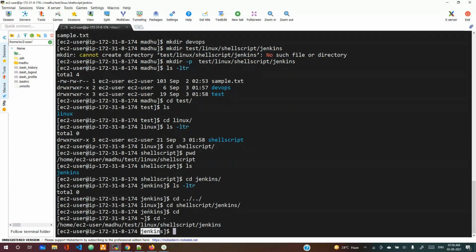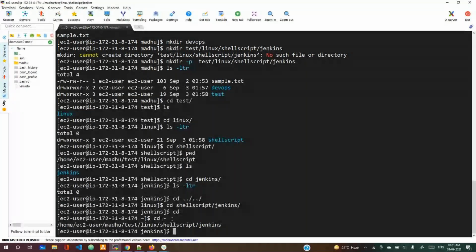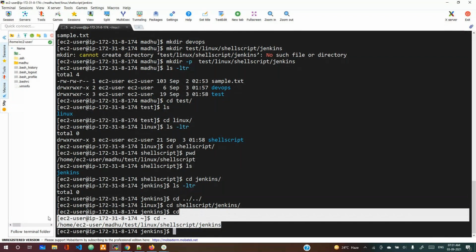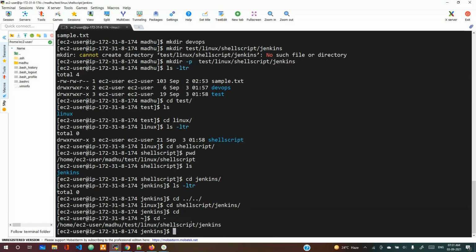If you mistakenly came out from that path, you don't want to type cd slash test slash Linux slash shell script slash Jenkins again. This whole path we can reach with cd hyphen, whatever the previous path you were in, you go there at a time. That is one of the shortcuts to go very fast to that specific path. Remember this, it is very useful in real-time scenarios. If you came out of that path by mistake, and you forgot something to modify and want to go back, you can simply use this command and you will go to that path immediately. It will improve your